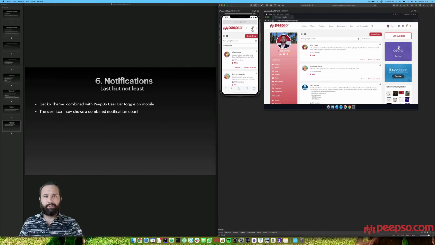This thing just turns on automatically. There's nothing you have to do. If you are using the PeepSo toolbar with Gecko and you have this toggle enabled, the notification count will show there automatically. So let's rehash quickly